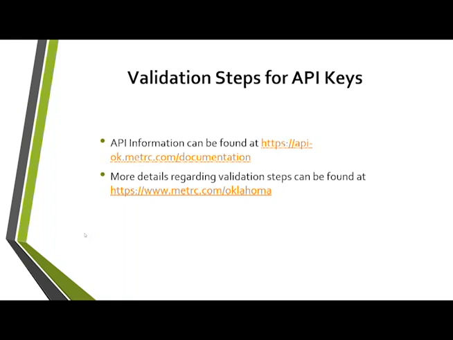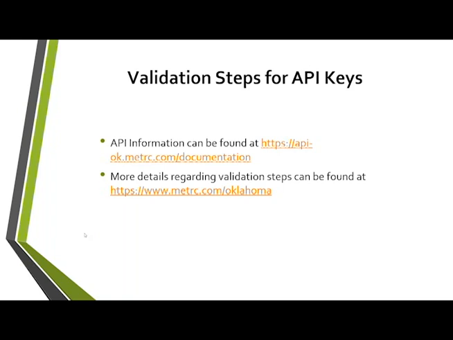But as far as our validation goes, they have to sign an API agreement with the state to show they'll be operating in good faith. Once we confirm that they have signed that with OMMA, they'll take a training class. And then from there, they will perform the validation process, basically showing us in a sandbox environment that they can do what they say they can. Then we'll give them an API key. That API key does not work without an API key from a licensee. So once they have that API key, they can go and pursue some of your business. But they won't be able to do anything or access anything until they're provided with an API key.